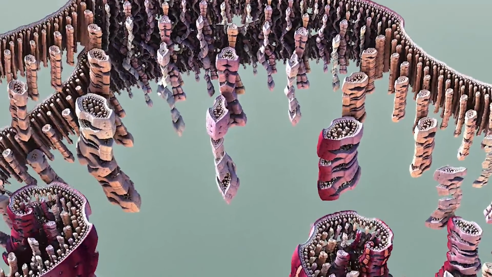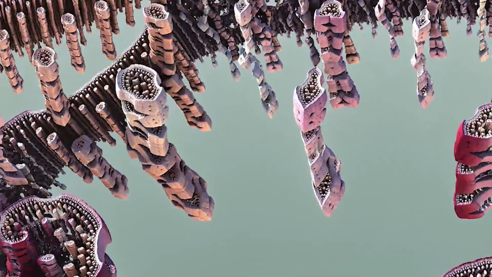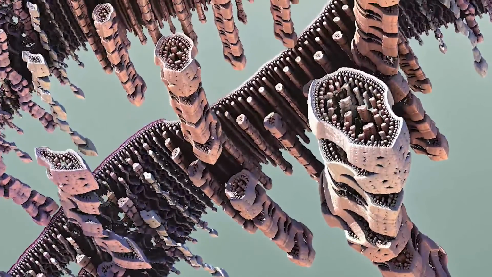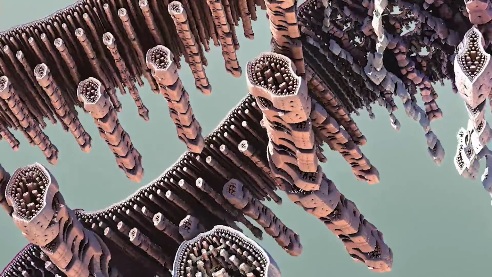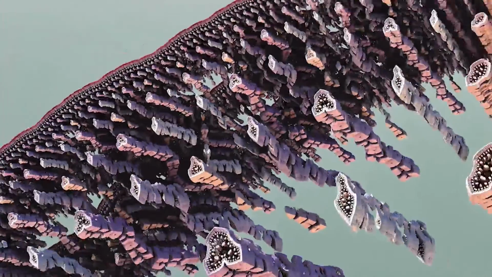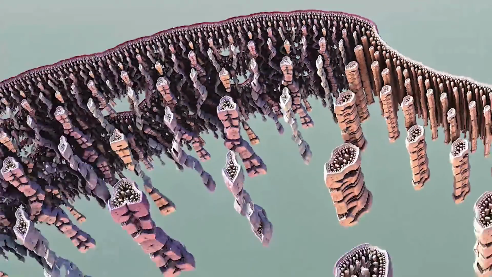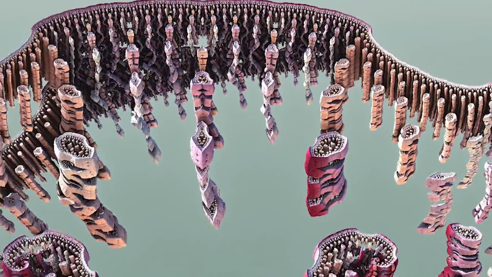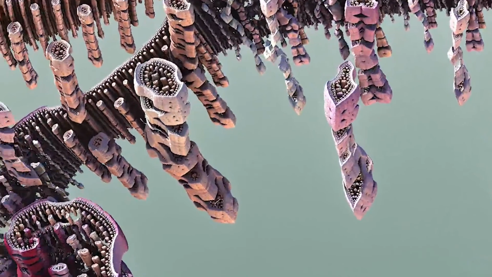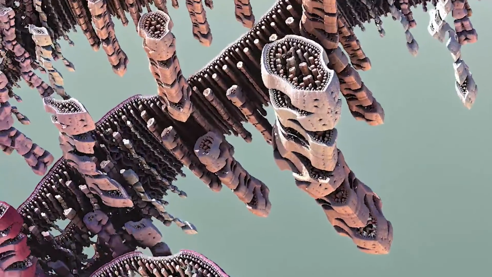Fungi are a somewhat neglected area of microbiology when it comes to treatments, and antifungals are available, but there's an increasing number of fungi that are resistant to them. There are really only 3 classes of drugs available to treat systemic fungal infection. These are your azoles, you have your echinocandins, and you have your polyenes. The azoles target your ergosterol biosynthesis pathways. Echinocandins inhibit fungal cell wall biosynthesis, and polyenes bind to ergosterol in the fungal cell membrane and cause lysis of